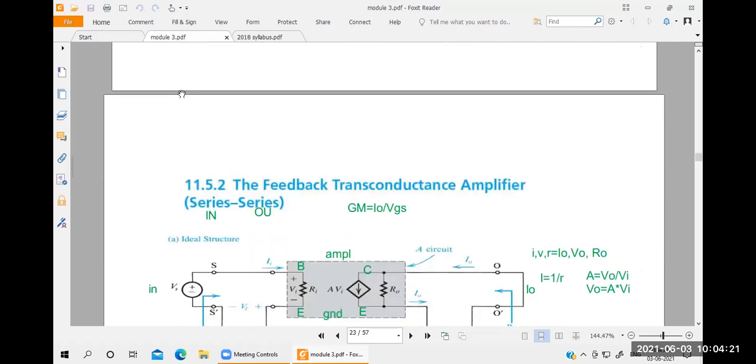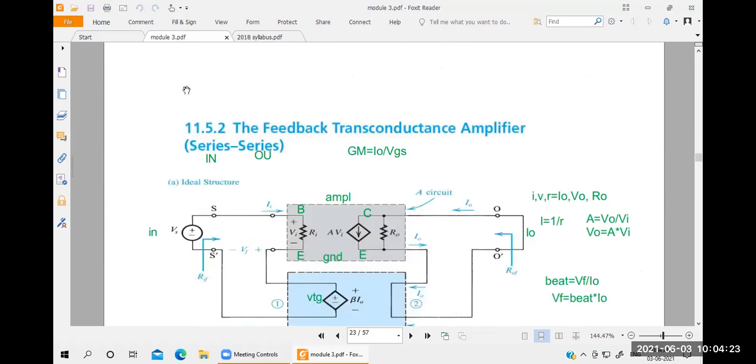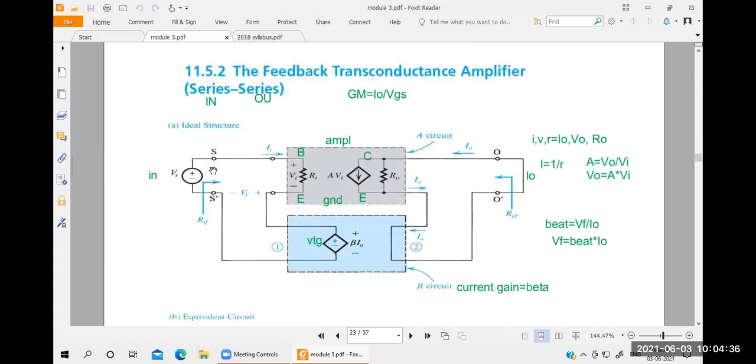Same thing, you take the second amplifier. What is the second amplifier here? That is the transconductance amplifier. So this was the transconductance amplifier. Here you take the series-to-series connection, and the output feedback is connected in series form with the amplifier, on the input and output side. So here the input and output side have the feedback connected in series. See the diagram here. This is the complete diagram.